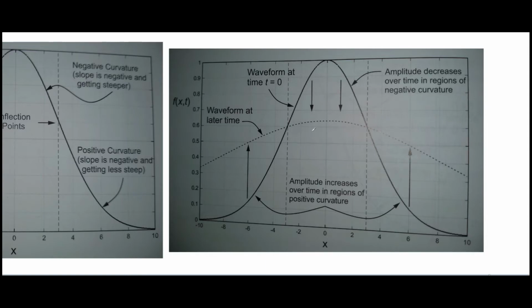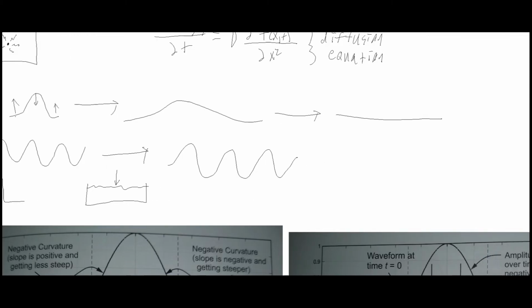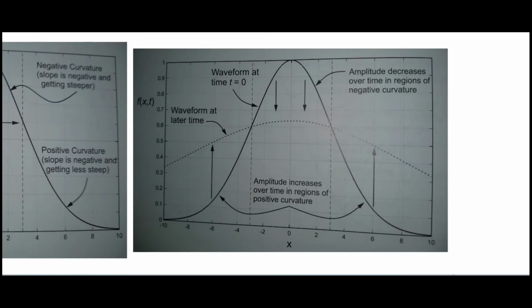And so that's telling us that we have this diffusion where at this highest part, it's going lower, and then at these lower parts, it's getting higher, which is how we end up getting this over here. So if we go from some time here to some future time, we see that this part has gone down, and then on the sides here it's gone up. And then we move over and we end up with it being diffuse, evenly distributed throughout. And so that is the interpretation here of the diffusion